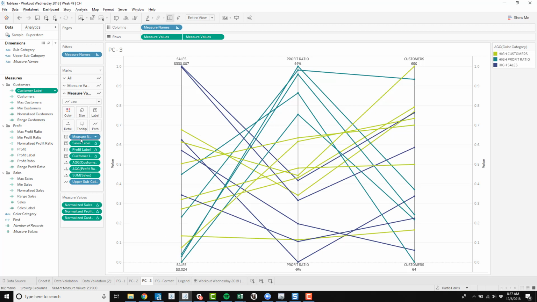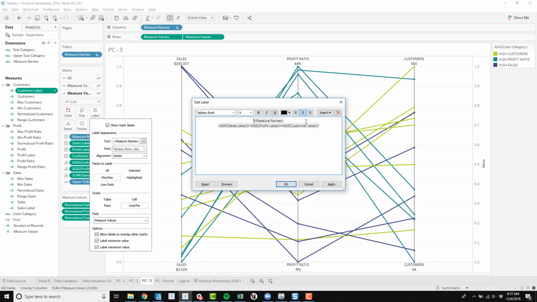We put our measure name on the label shelf, and we put the 3 label calculations on the label shelf as well. And if you have a knowledge of how Tableau deals with nulls and actual values, this will make a little more sense. So in the actual label dialog box, we can put measure names on top, which matches the challenge,